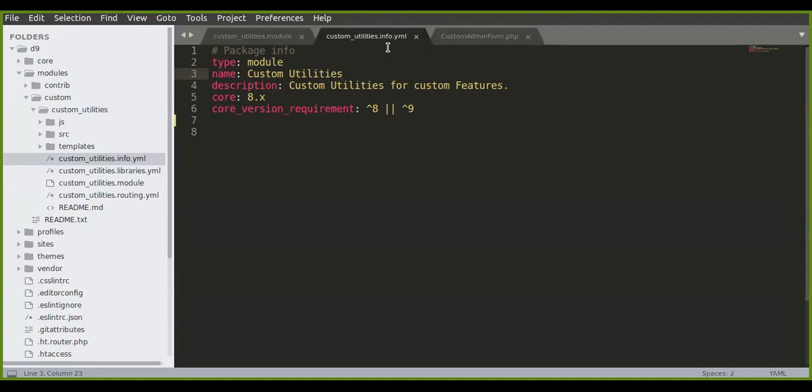Instead of adding this core version requirement 8 or 9, why are we not adding core as 9 itself? Actually, this module, I took it from my old setup, which means the 8 version. Otherwise you can put it like 9.x. I don't think that will work out actually. I have gone through one of... wait a moment, let me check it.